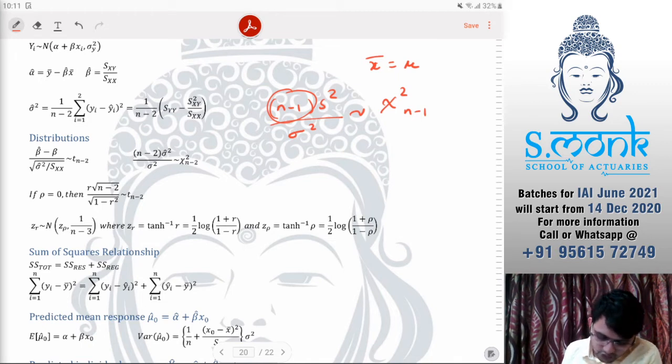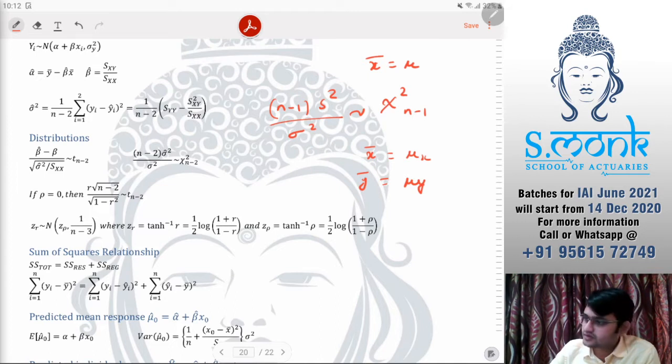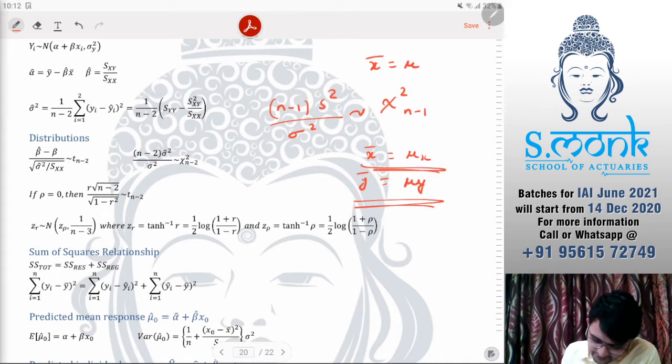Now when we have two parameters, we assume two such values. We'll have that x bar is equal to mu x and y bar is equal to mu y. So we assume y bar is equal to mu y as well as x bar is equal to mu x. That is why we will have 2 degrees of freedom less than usual. Okay, so therefore our formula becomes n minus 2 sigma hat square by sigma square following chi square n minus 2.